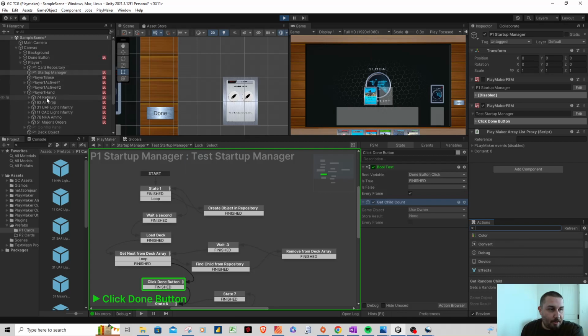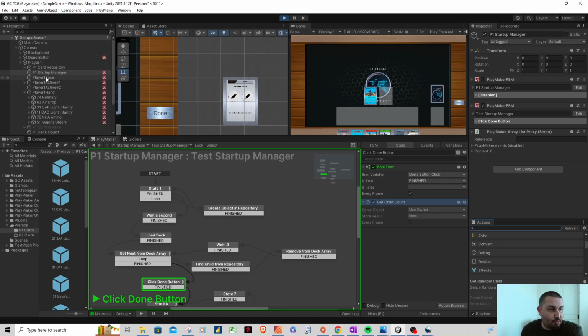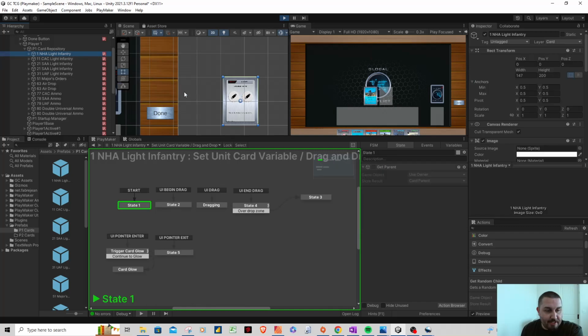Let's take a look at some of the cards. How about we look at the card repository? So, NHA. Okay, so you can't see it, but I have a light infantry unit in here, and actually I could drag it up. Let's do that. There you go. Now we see it. So my light infantry card,